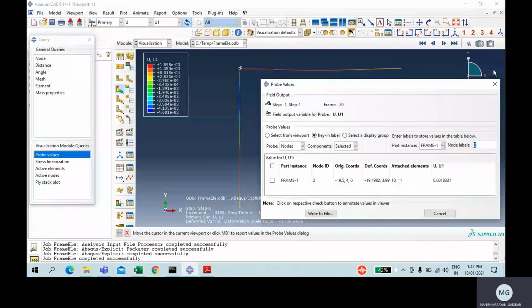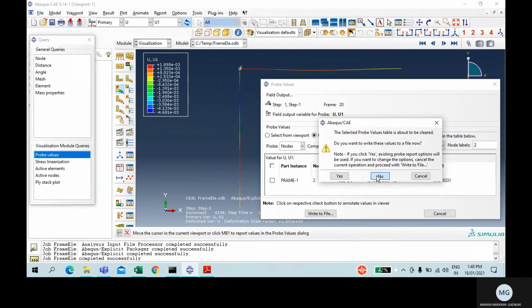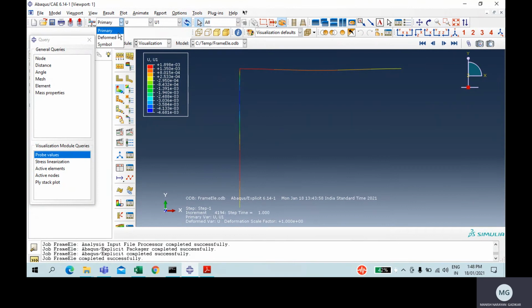So I have done this frame. We can check with the symbols also. See, this is U1, U2, and reactions we can check. It's coming like this. Resultant RFN is axial force for this, and in local coordinates, it will be vertical deflection for this element. RF2 will be axial for this element and vertical for this element.